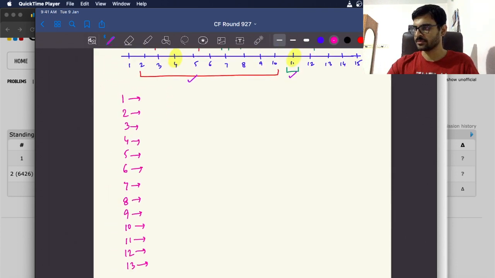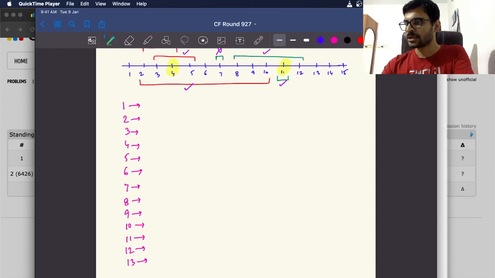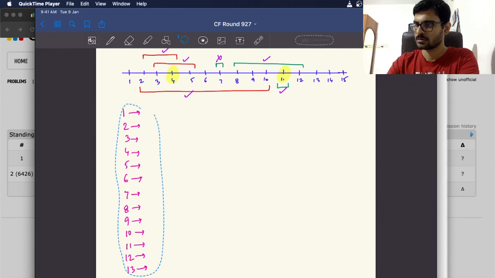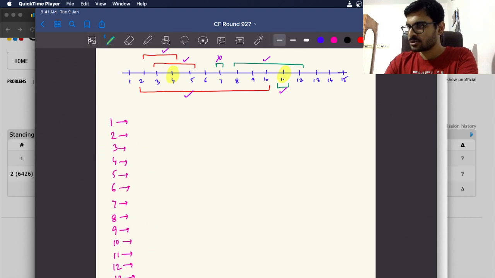So up to 13. Let us see. At 1, there is no cat. At 2 cat,